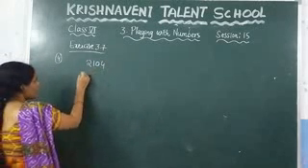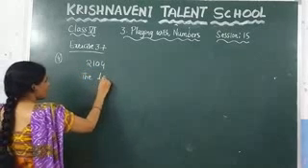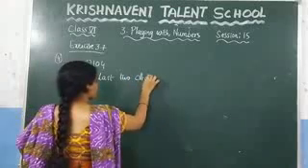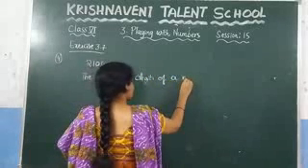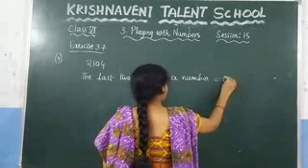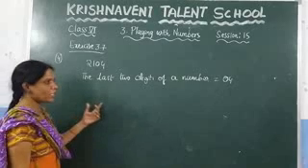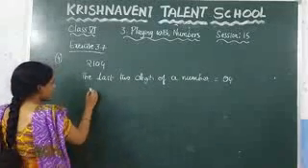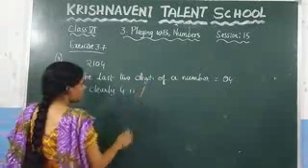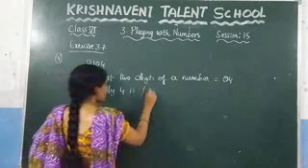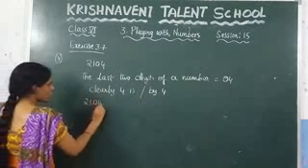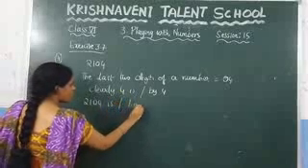So write it here. The last 2 digits of a number, what is the last 2 digits in this case, which is 04, and you know that 4 is divisible by 4. Clearly 4 is divisible by 4. I am writing divisible like this, divisible by 4. So what we can say here, the given number, which is 2104, is divisible by 4.